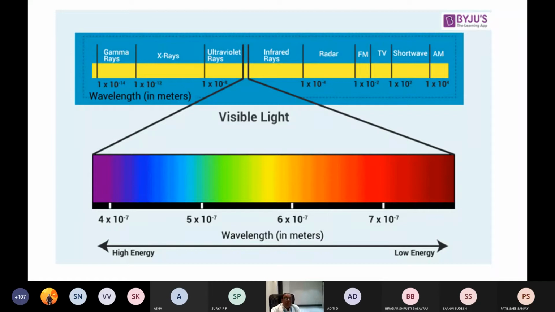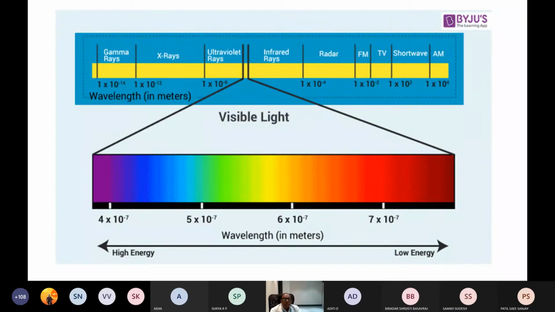You can have the idea of how the wavelengths range from gamma rays to short wave or AM, meaning from higher energy to lower energy. So we are concerned with these three things: the ultraviolet, the visible range, and the infrared wavelength. These three things apply at your present level. Okay,